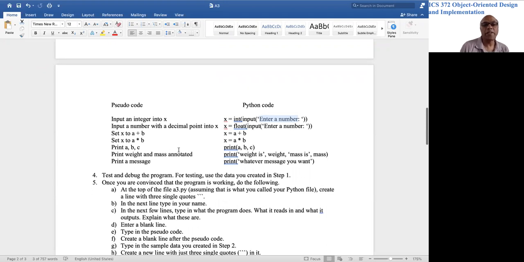Okay? And when I say annotated, it means some description of what you're printing. If you print just a bunch of numbers, it may not be possible for the user to understand what those numbers mean. So annotation means things like weight is,